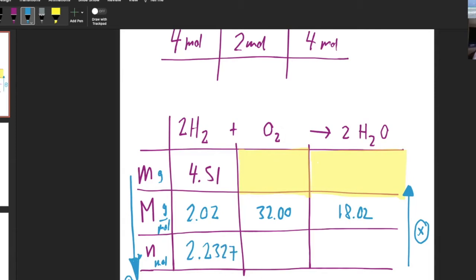Okay, now what we're gonna do is we're gonna find out what the moles are for these guys. So to go from here to here, I need to do what? I need to divide by 2 because you see it's a 2-to-1 ratio. So take that number and divide by 2. 1.116, 1.163, and then this to here